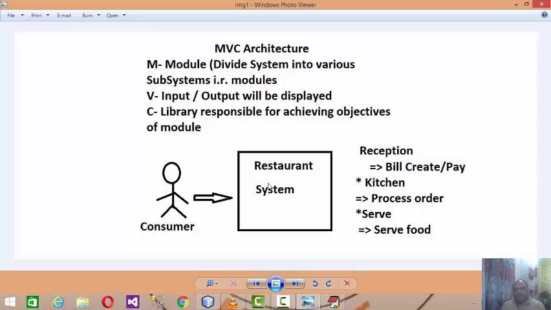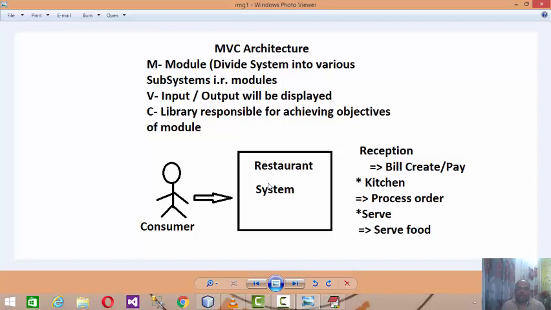Then the next module will be, let us say, the kitchen. Obviously, if you are defining a restaurant system, the main module is your kitchen. What does the kitchen module have to do? It has to process that order. It means whatever order is given by the consumer needs to be processed within the time limit, with the responsibility to serve quality food.